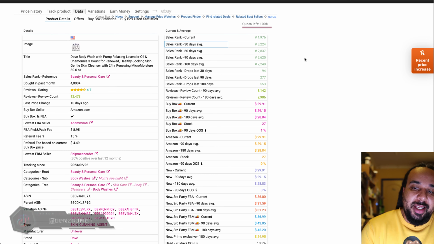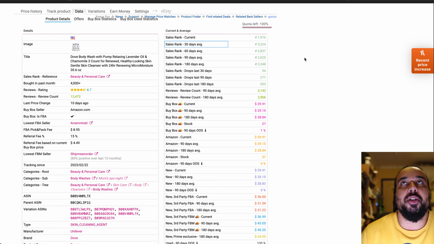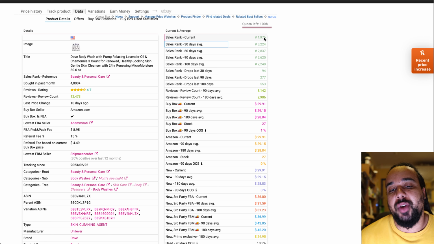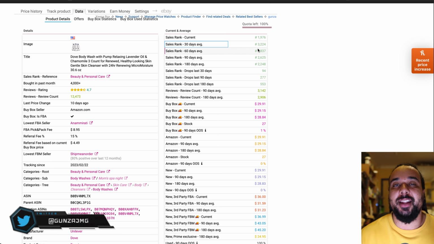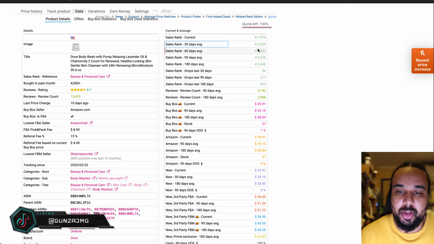And what it is going to help you do is pretty much understand if the product is on a price, not on a price hike, but is selling faster than usual, if it's selling slower than usual, and what is the sales rank on average. So instead of using the current sales rank, we can see that the product is selling faster than what it used to sell. If you look at how fast a product with this specific sales rank is selling, you are not going to have an accurate representation of the velocity of this product, because usually it sells way slower than this, and the sales rank is alternating. The sales rank changes every 15 minutes, I believe, I'm not even sure anymore, but